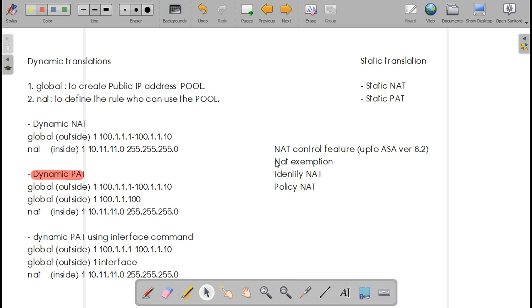Okay, now there is something known as NAT exemption. What is NAT exemption?